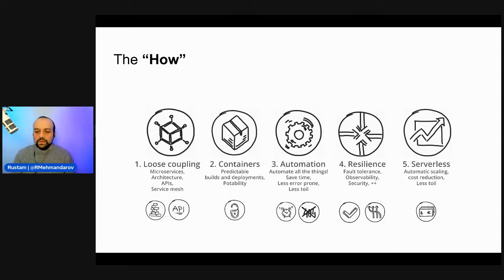So first one, loose coupling. What do we mean by loose coupling? Well, with loose coupling, we mean that things are in tiny little boxes, so you can connect and mix and match them the way you want. Instead of going full monolith, it will be easier to replace tiny bits of it, easier to update parts of it, easier to refactor and rewrite and add new features, instead of taking down the whole thing